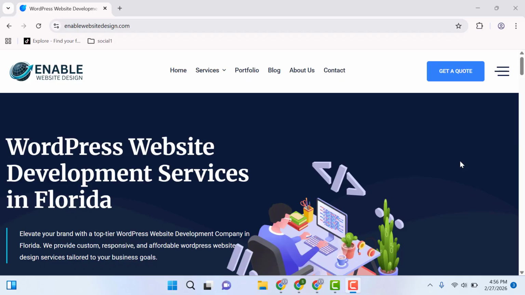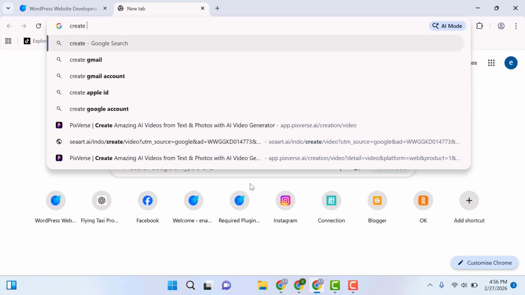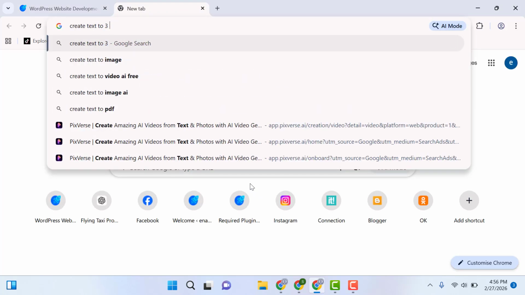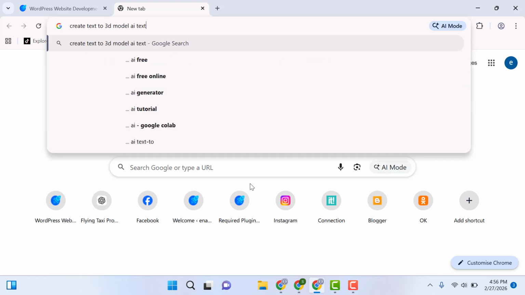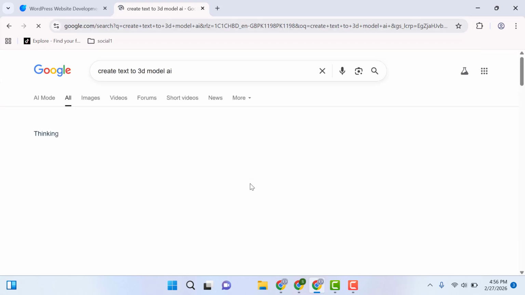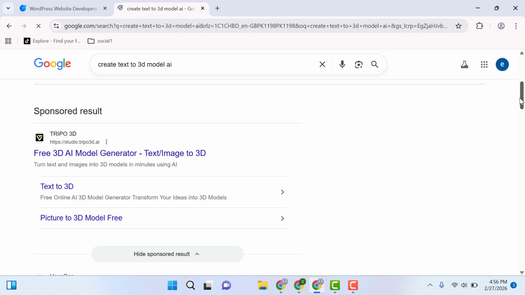In this video I will show you how to use an AI tool to create a 3D model. Here you can search for "create text to 3D model AI." Here you will find different websites and platforms that let you create 3D models. So this website is recommended,